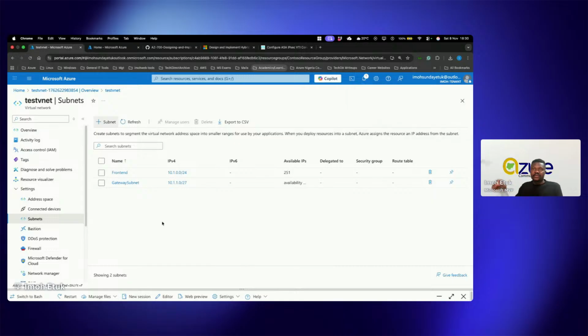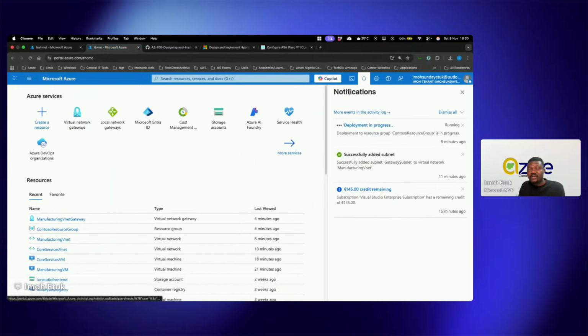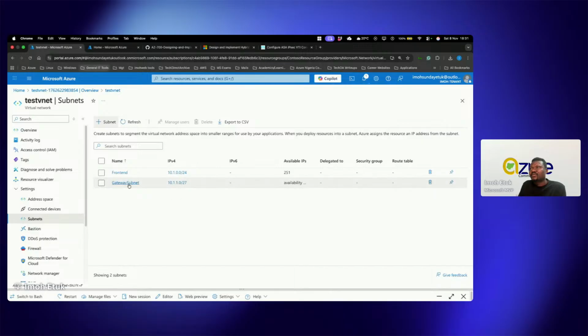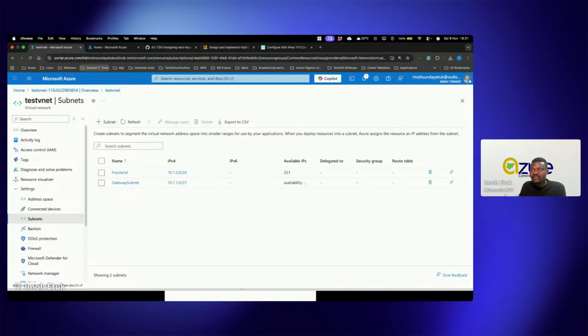Remember what we did in the lab is VNet to VNet connectivity, which we created two VMs in separate networks, then created a VPN gateway, and then we need to pair them together. So now coming to this one, we have the gateway subnet. The next thing that I walked us through in the previous step is to create a VPN gateway. So we are not going to repeat that